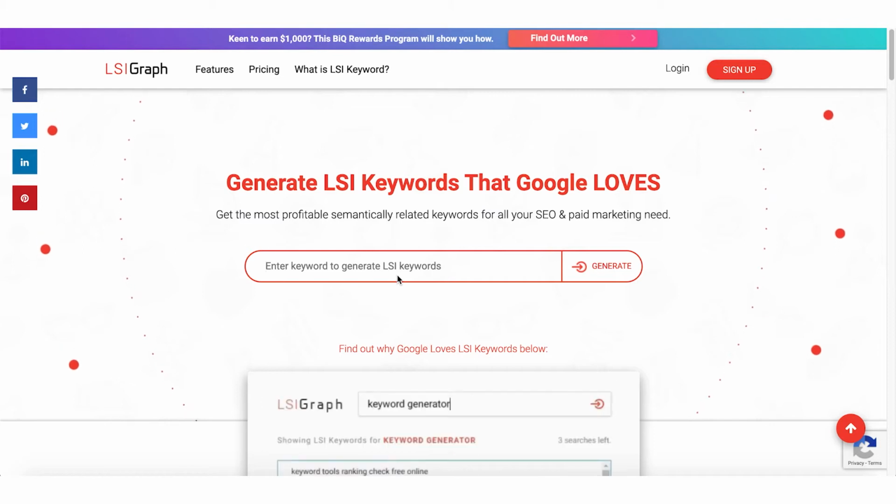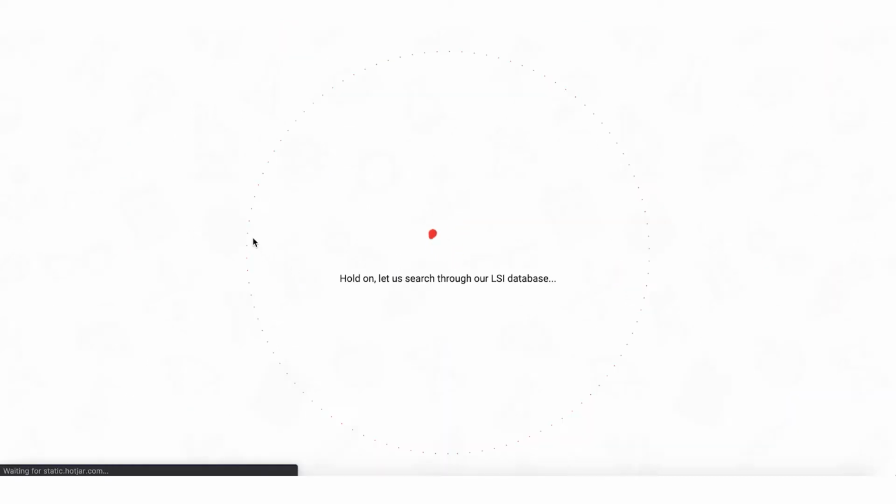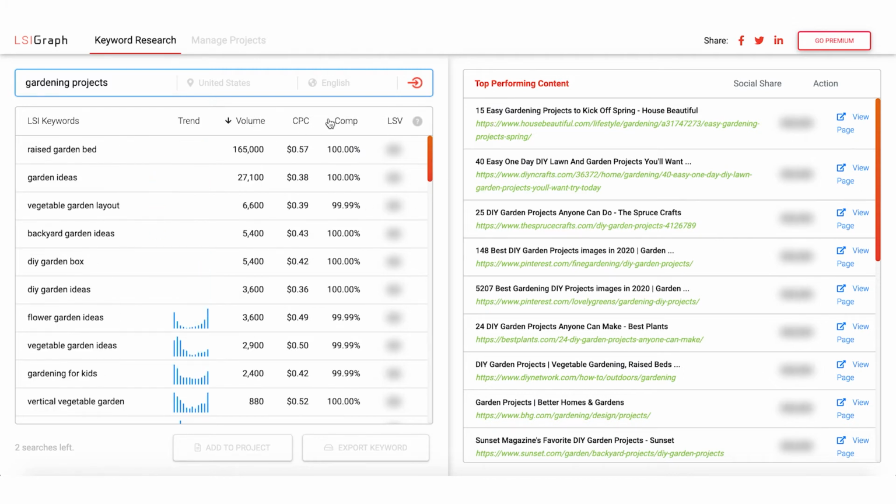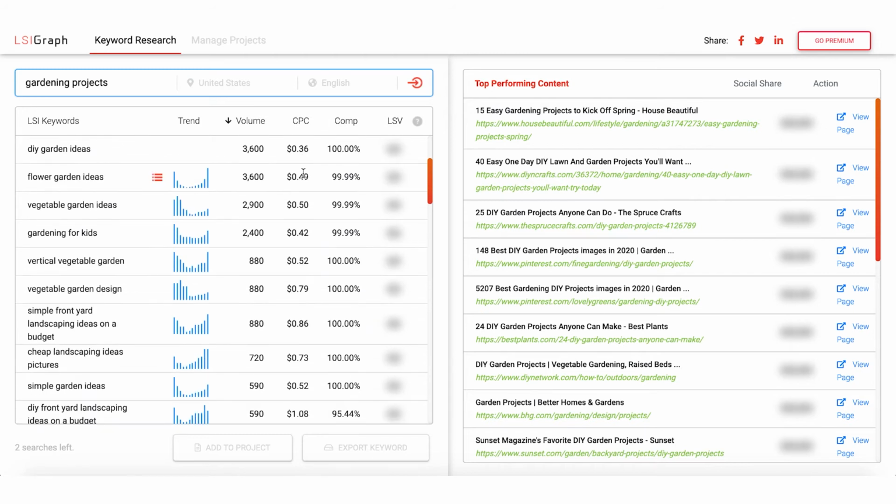But what I'm going to do here is search for the general phrase of gardening projects again, just so I can see some related things to that phrase. All right, so as you can see, here are the results for gardening projects. There's a ton. I can actually sort by volume. I can also sort by competition percentage. This is what I mean in terms of some tools giving you a percentage for the competition scores. As I'm going through this list, I'm seeing some potential great ideas that fall into that sweet spot of 100 to 1,000 volume with low competition, but LSI Graph is actually reporting a ton of super high competition.